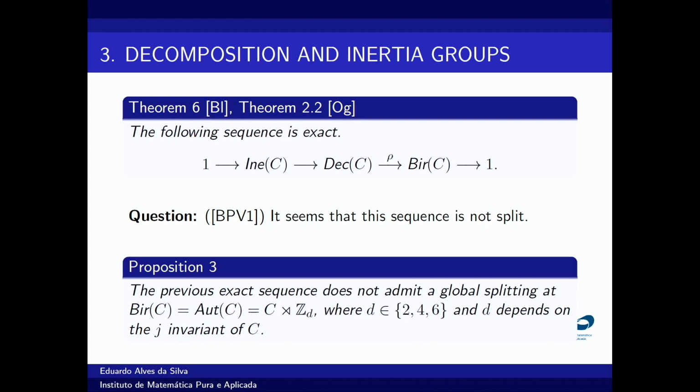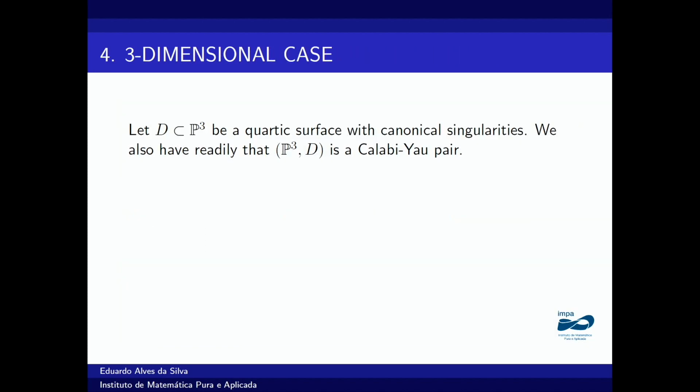And there exists a result that all the algebraic subgroups of the Cremona group are affine. And since our curve is projective, we cannot have this splitting. But maybe we can improve this result at splitting in some subgroup of this group. And now we will deal with the three-dimensional case